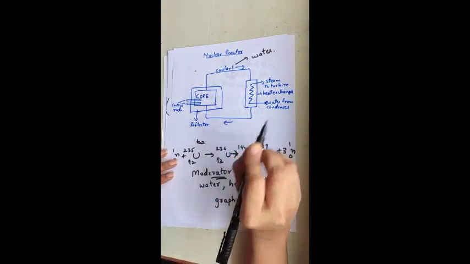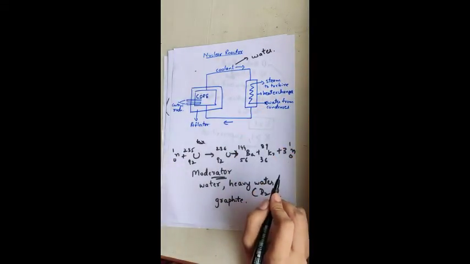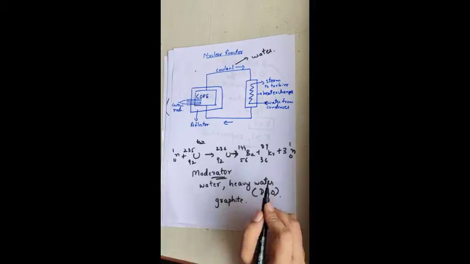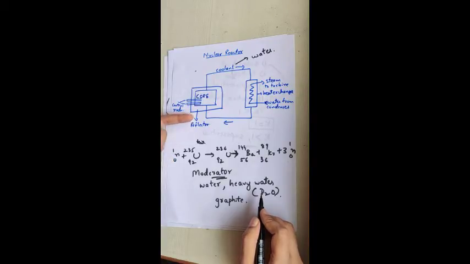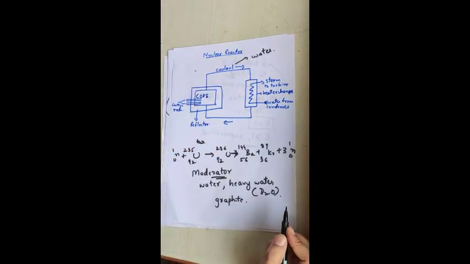This is about the nuclear reactor, and the only thing you have to remember here is the function of the different parts. What does the core have? What is the function of control rods? What is the function of the reflector? The reflector will reflect back the neutrons that have escaped from the core. Okay, it will reflect back the neutrons. What is the function of the coolant? These are all the important things to be remembered which are asked in multiple choice questions. Okay, this is about the nuclear reactor.